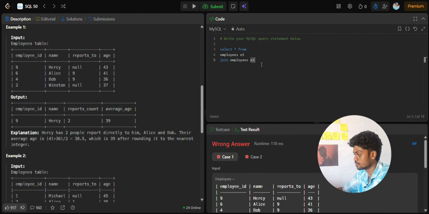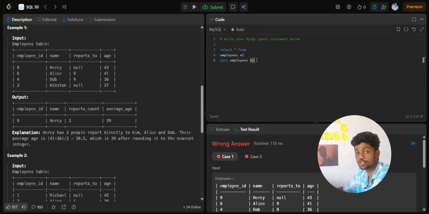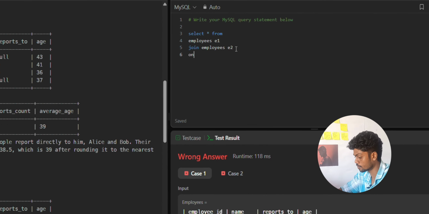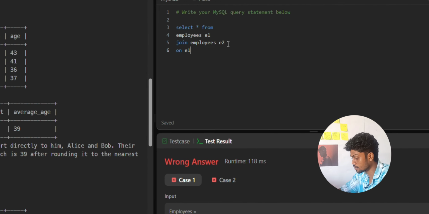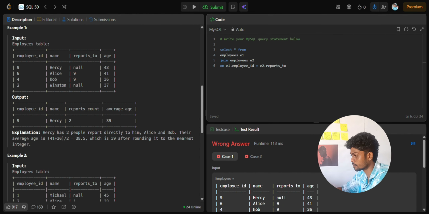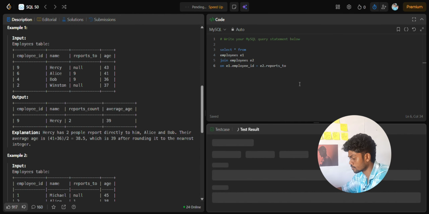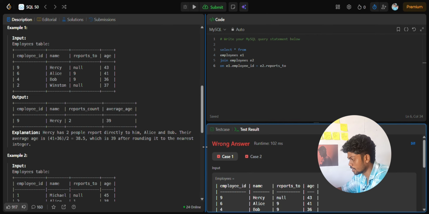Okay. Now I want to make a self join based on these 2 key columns, that is employee ID and the reports to column. So I will join on E1 table's employee ID equal to E2 table's reports to column. And now when I run the code, here you can see,